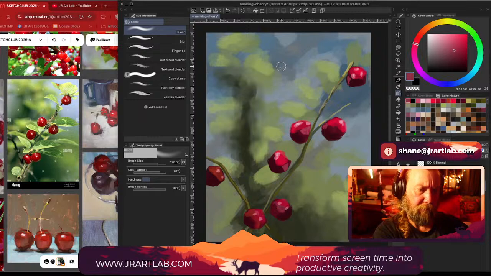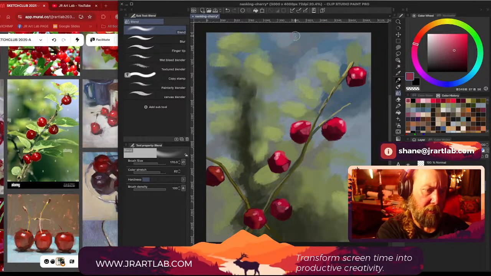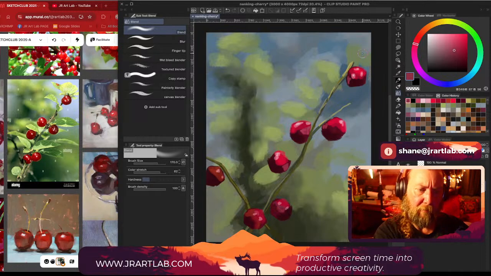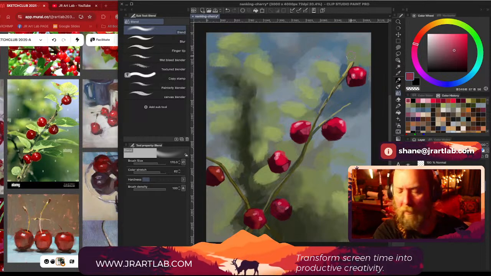Alright, so we need to come back and build the leaves next. How long have we got? 10 minutes to build the leaves. It's kind of a half stream today after that